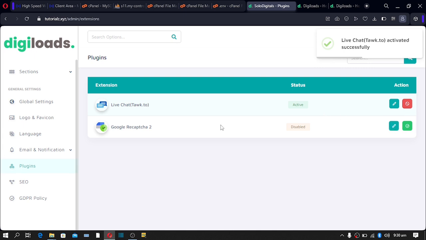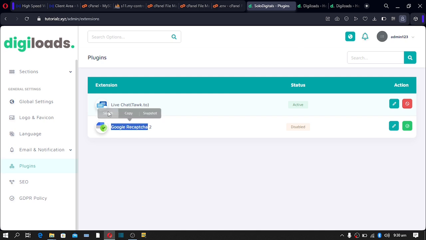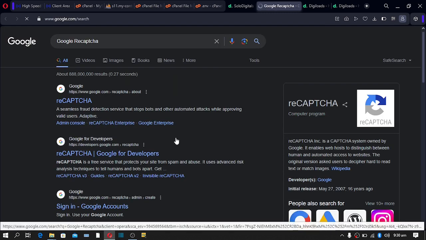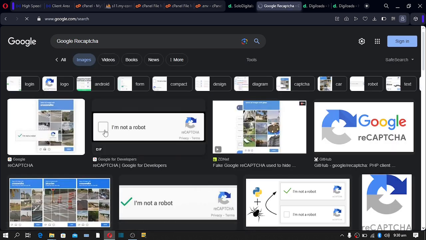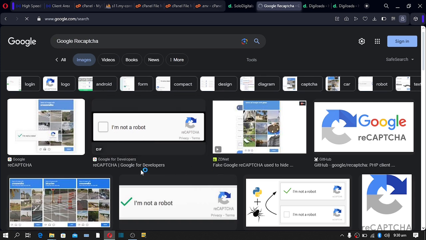Also, you can enable Google reCAPTCHA. I hope you know what reCAPTCHA is. If you don't know what it is, let me show you quickly. It's this thing, I'm not a robot. Okay, that's good. This is a reCAPTCHA. I'm not a robot. If you want to enable it on your site,